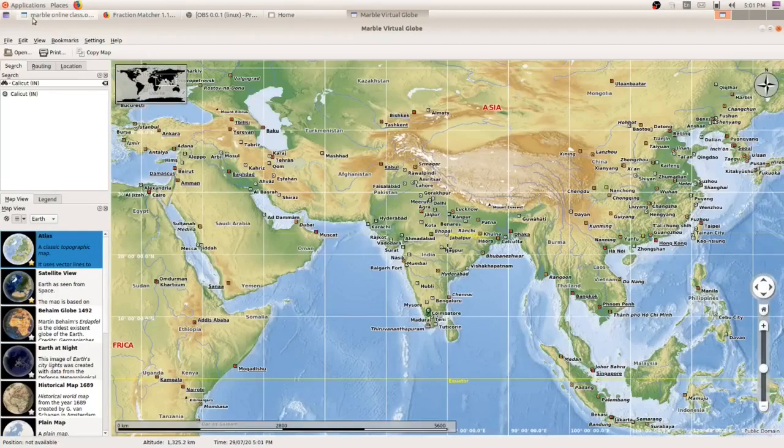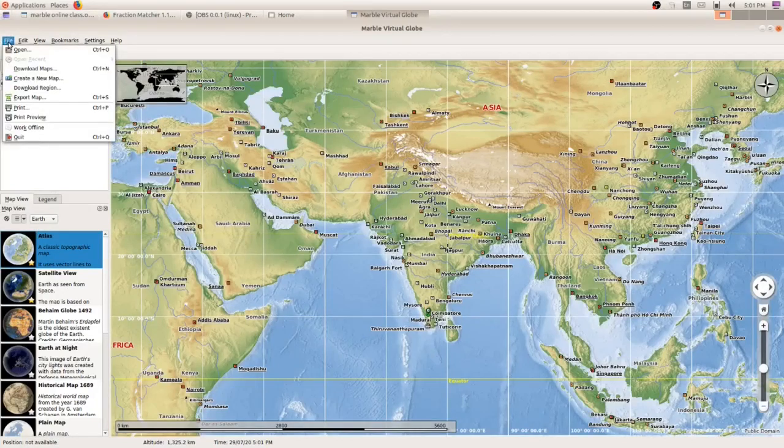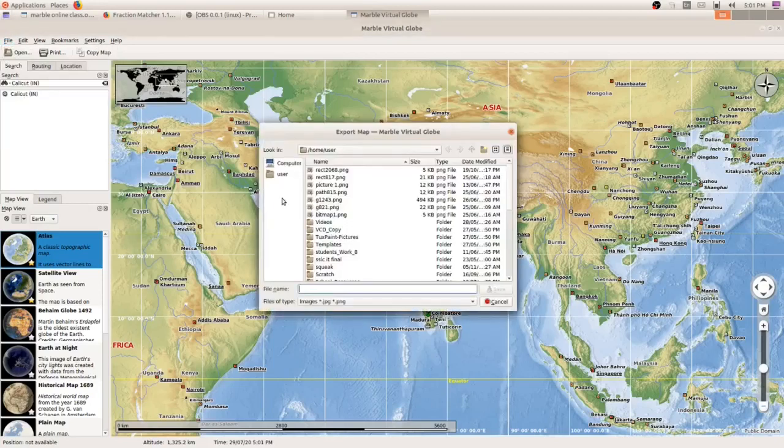Now what you have to do, you have to click on file. Inside file you can see export map. You can select a folder here. Which folder you are choosing, you can select the folder here. You can type a name here, map of India.